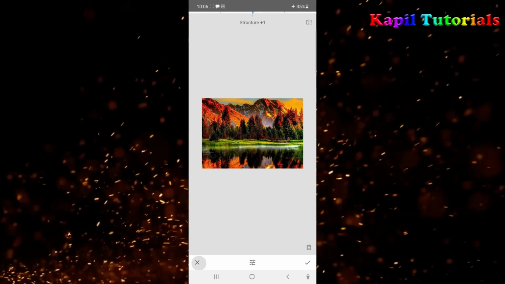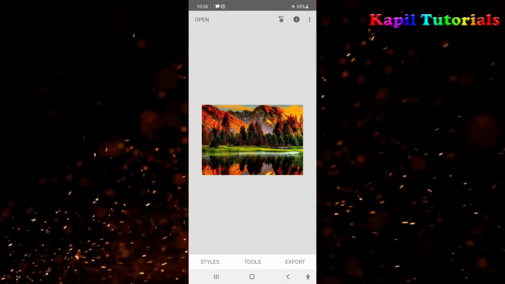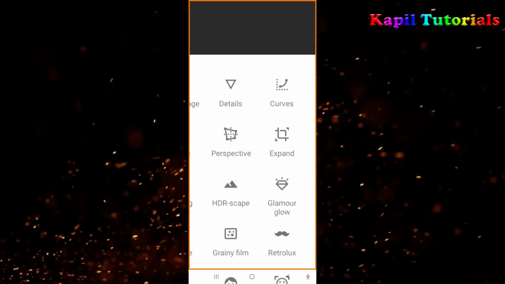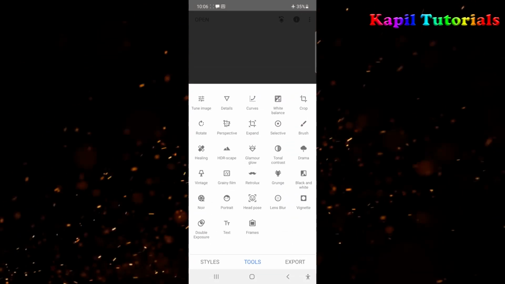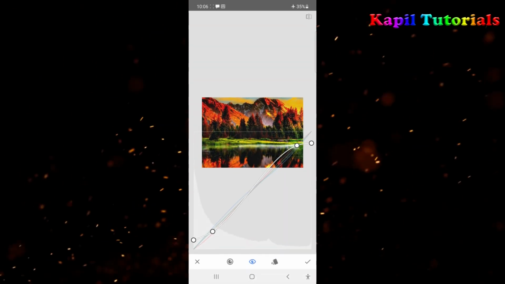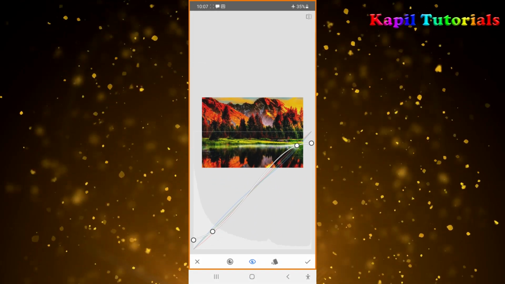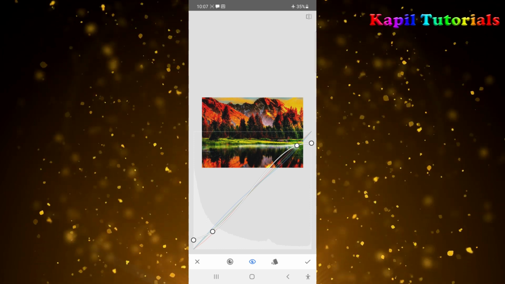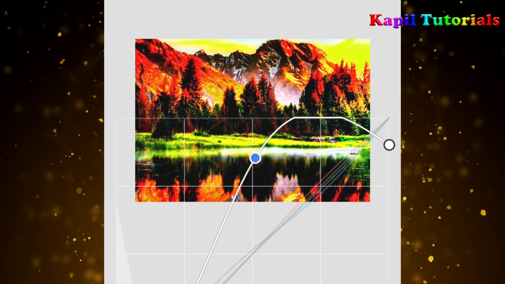Then coming back to the new tool, after details, curves. Very beautiful tool. If I'll click upon curve, you could see here this line. Now what it is doing? Now these dots you are seeing, if I'll click upon this dot, you could see it can control the image.